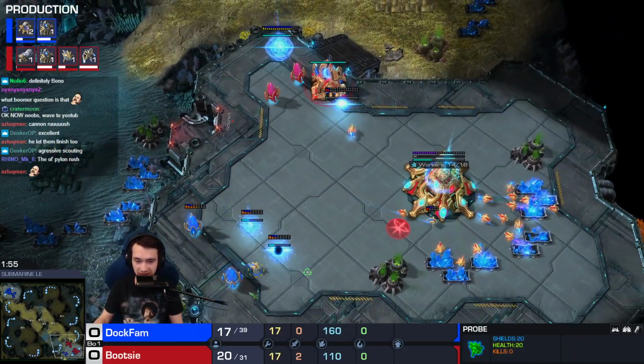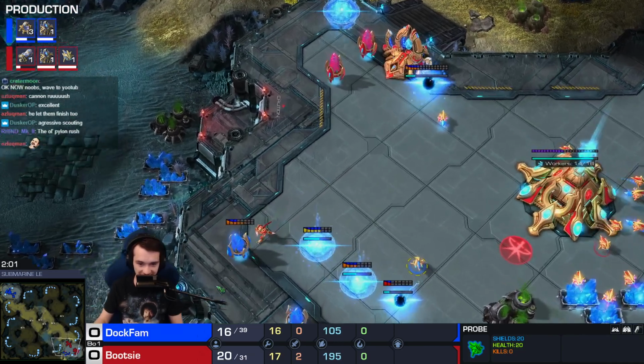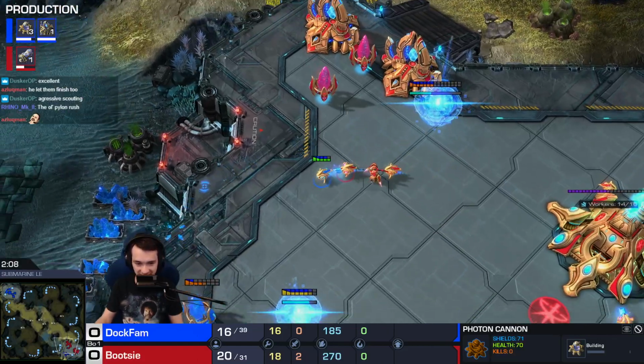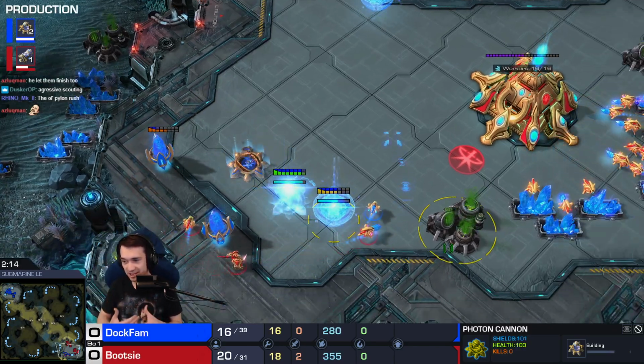Another probe on the way. A little late to the party. So the cannon rush will continue after a short intermission. He's going to go for the pylons. Unfortunately, you can't really decide what he wants, and this indecision will eventually result in potential demise. A forge is on the way. Bootsy not really...